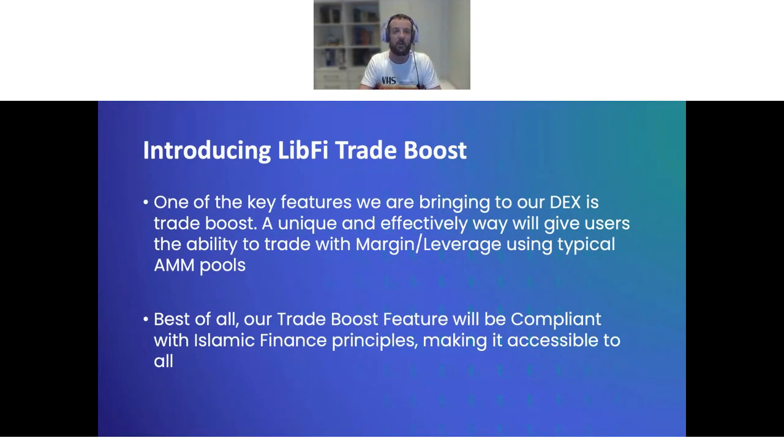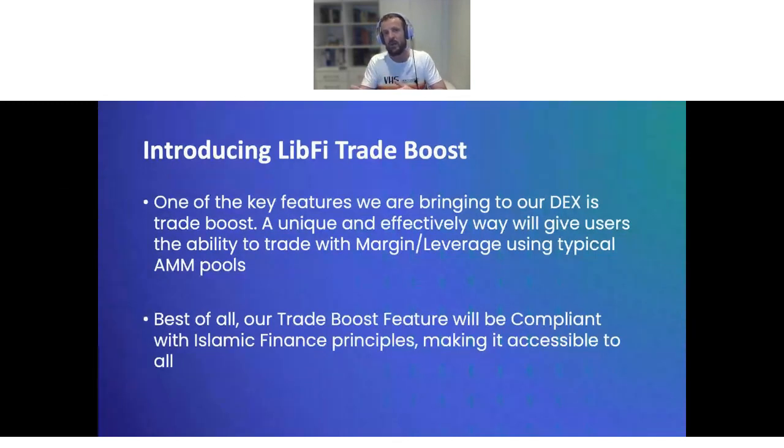And what makes this even more exciting, which lines up with LibFi's ethos, is that these features will be compliant with Islamic finance and the Sharia principles, and will make this functionality accessible to all. And if you've heard anything of what I've taught over the last 60 minutes,